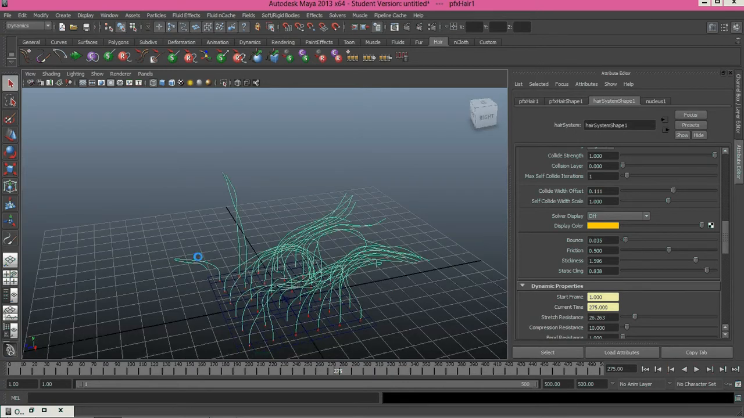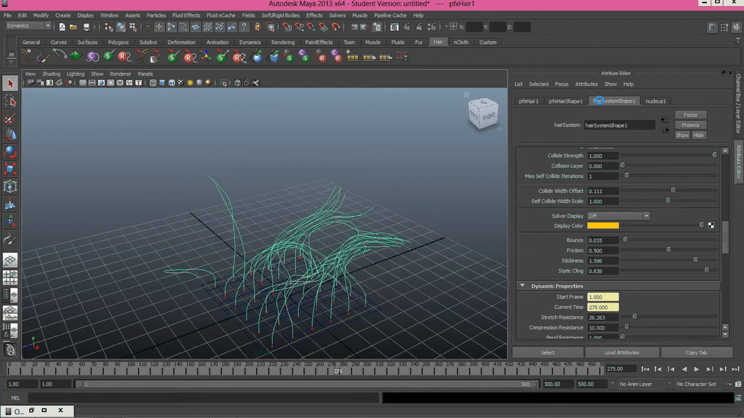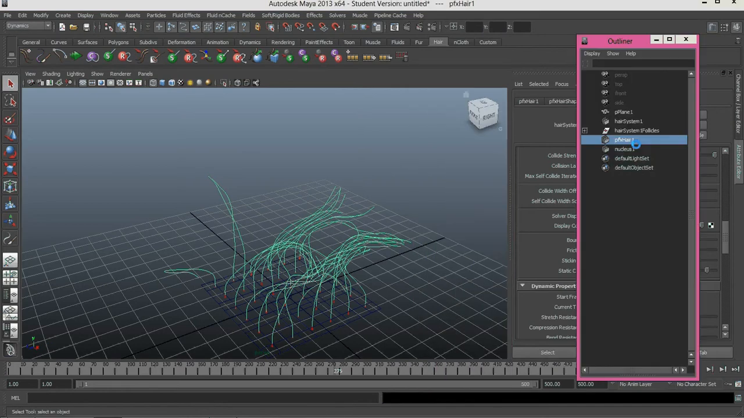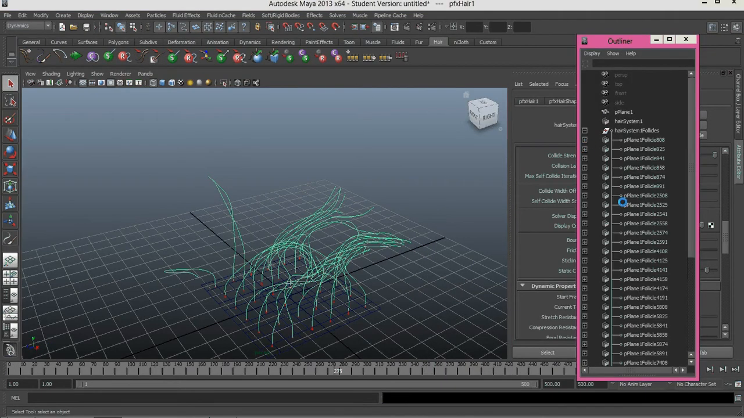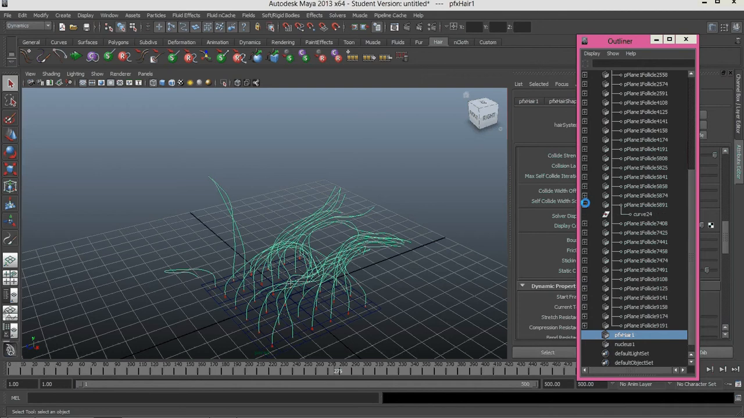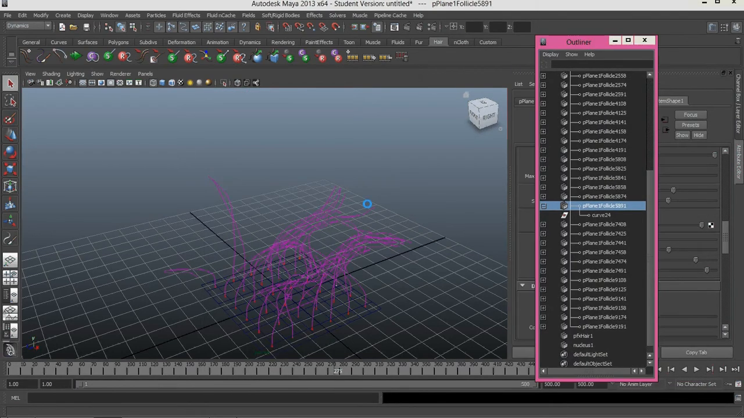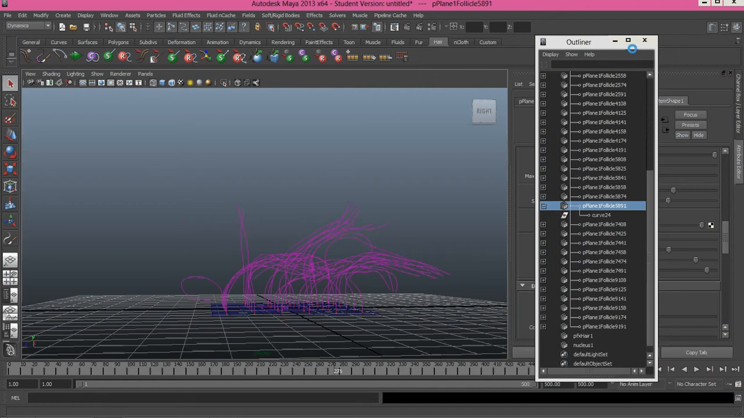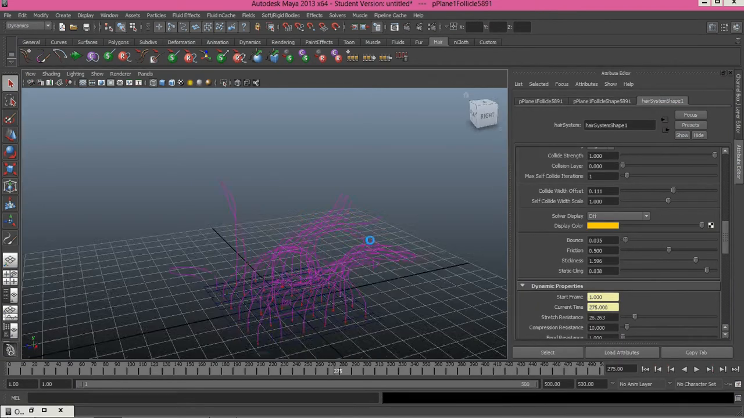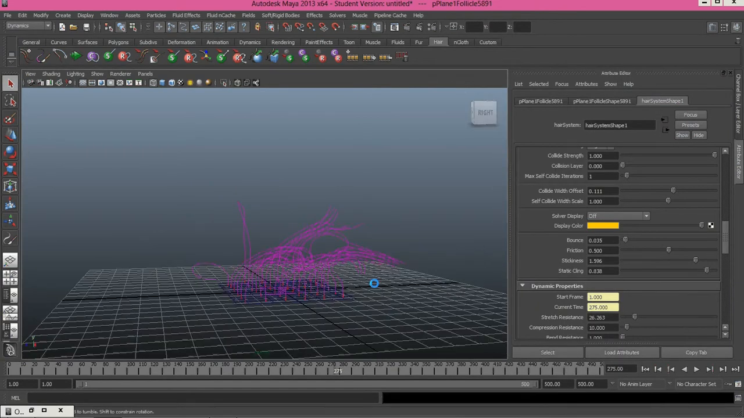By the way, you can always select one of them individually by going to the outliner and expanding this one and go to the folly that you're interested in, and you will be able to select it individually. But we're not in that mode right now if you're more picky about one of them. So the next step is